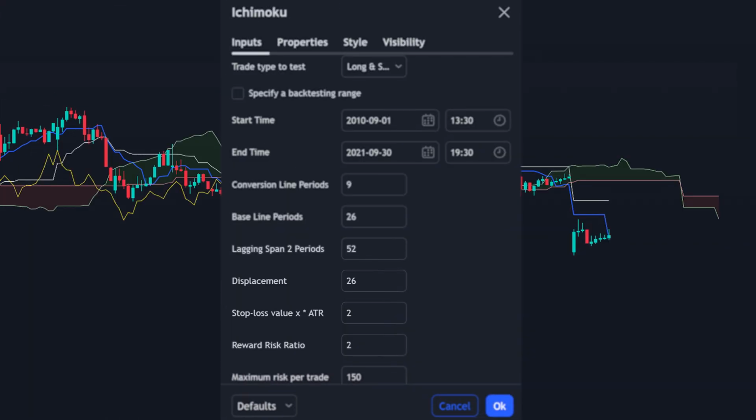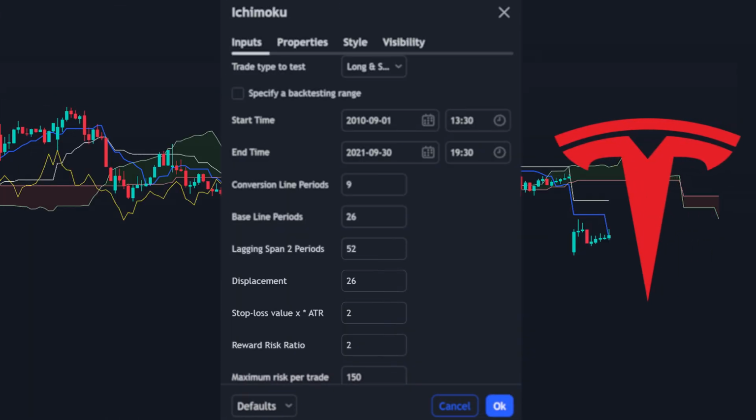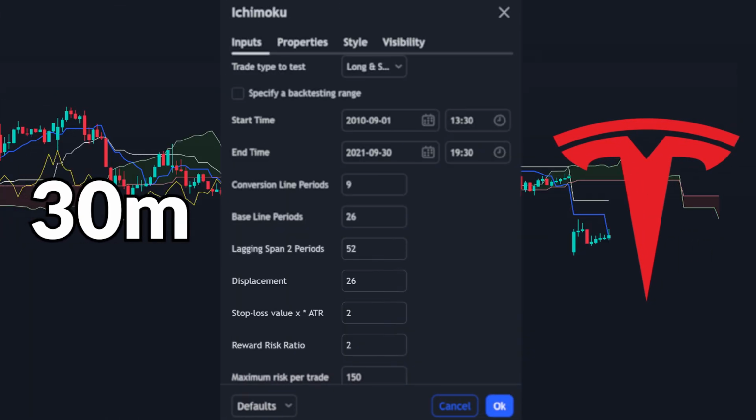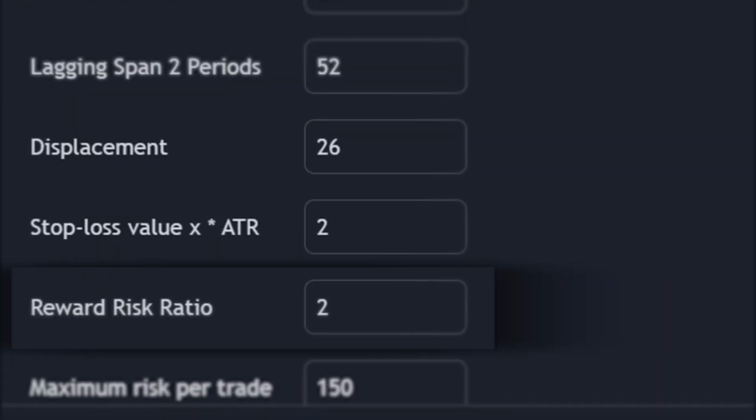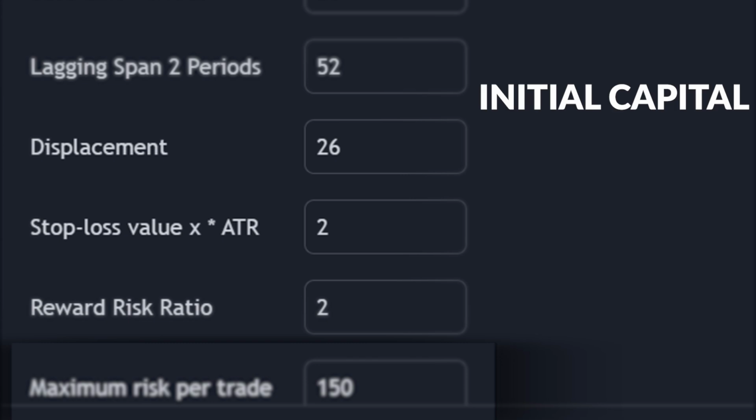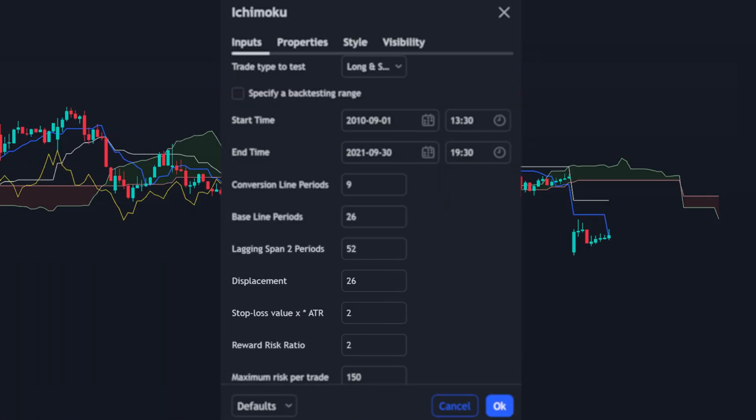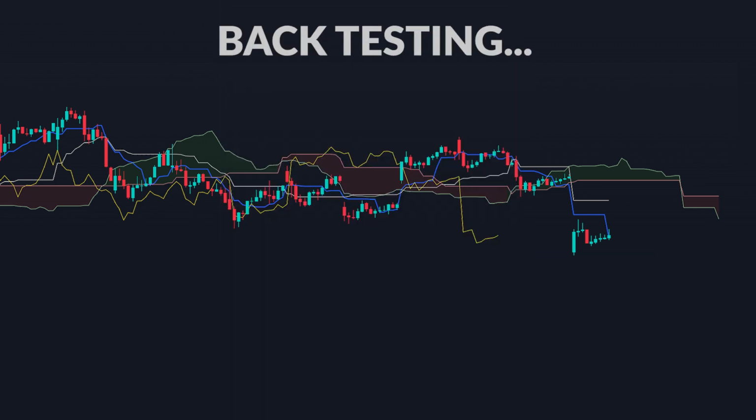In this video, we will be backtesting Tesla on the 30-minute time frame. We will be using a 2.0 reward to risk ratio, and will be risking 15% per trade with an initial capital size of $1,000. Once you change all the inputs, click on OK, and the indicator script will automatically backtest